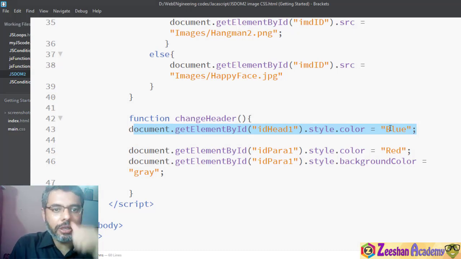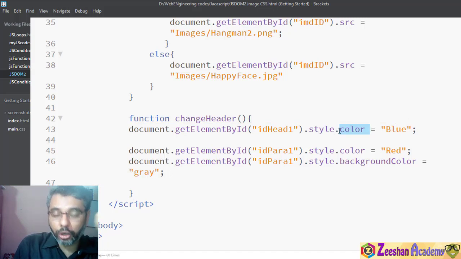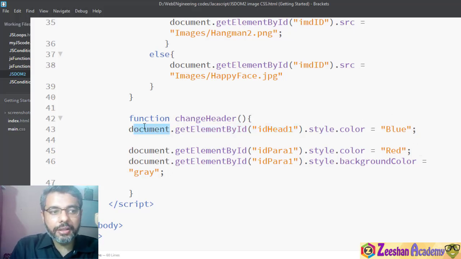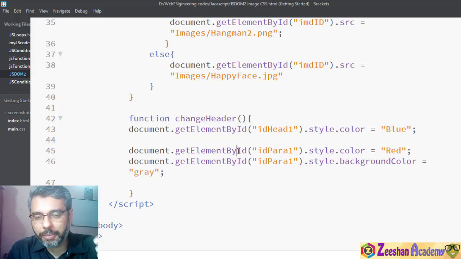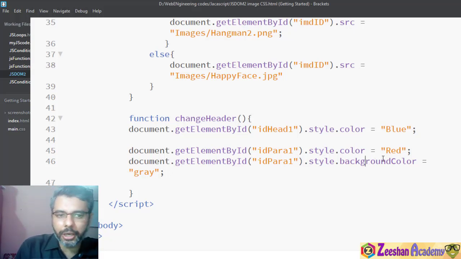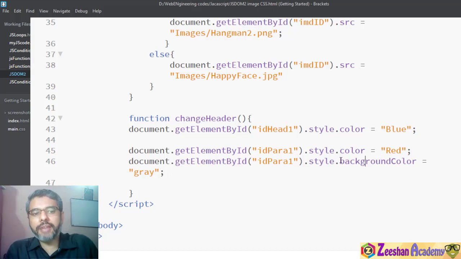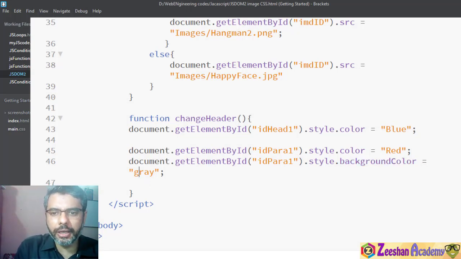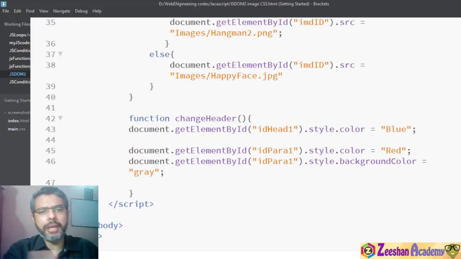The hierarchy is that we need to change the color attribute or color style of our HTML tag, which is inside our document. Or we can say that we have a document. Inside this document we have an HTML tag. For that HTML tag we need to change the style, and which style? It can be color, it can be background color, it can be text, it can be font, it can be anything that you want to do, and you just change it. You just specify that particular style name, and that is equal to a value. You can change it.